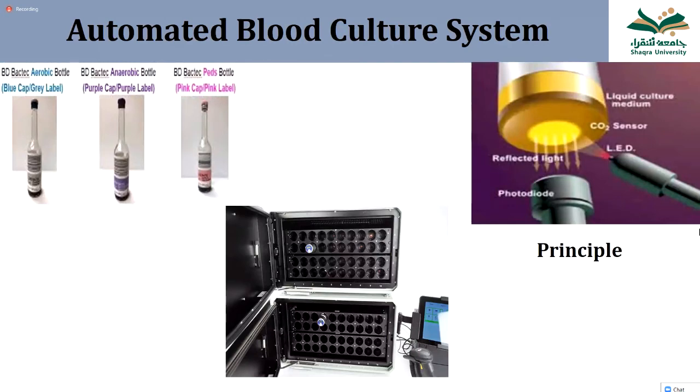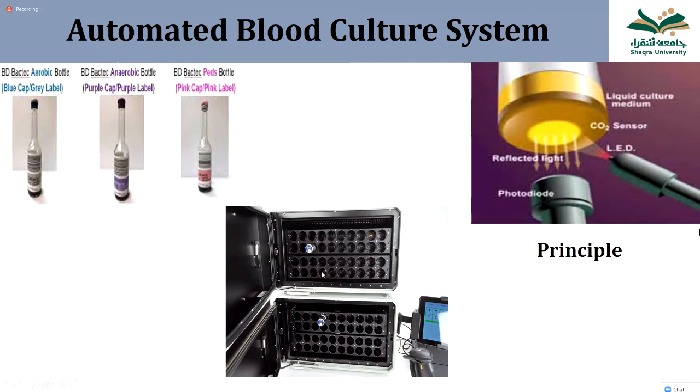Nowadays, there are machines which culture automatically. For example, this machine is known as the Bactec machine. It is for blood culture. This is a blood culture bottle for Bactec. What we do in this, we take the blood and remove the cap of this bottle. There is a seal, and through that we inject the blood into the medium. Inside the bottle, there is medium already present from the company. And then we put the bottle in these slots of the Bactec machine, and we close the door.